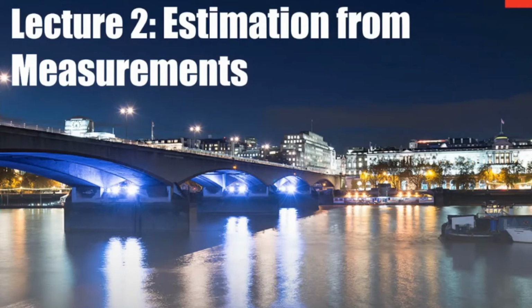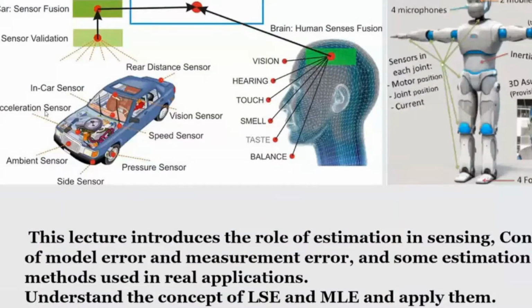This lecture will mainly focus on going through a couple of estimation methods, and then I will walk you through the least square method using the example of one of the questions I had for the exam, so you have an idea of how I can actually formulate problems, and then you have to use the method we have learned during the module. This lecture introduces the role of estimation in fencing, and at the end of the lecture, every student should be able to understand the concept of least square estimation and maximum likelihood estimation and know how